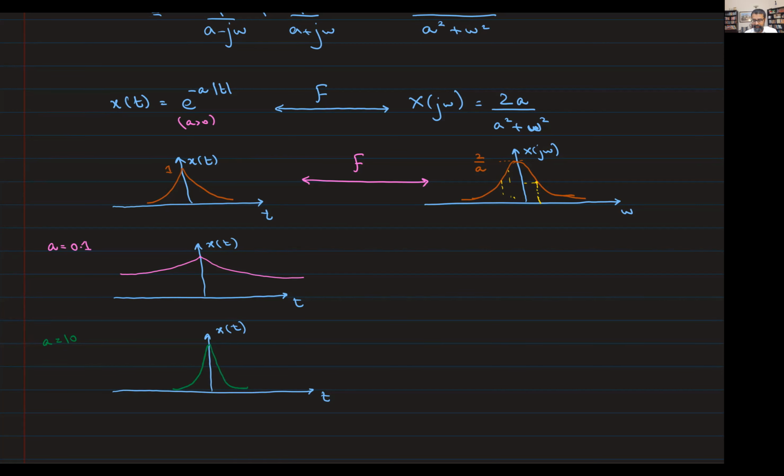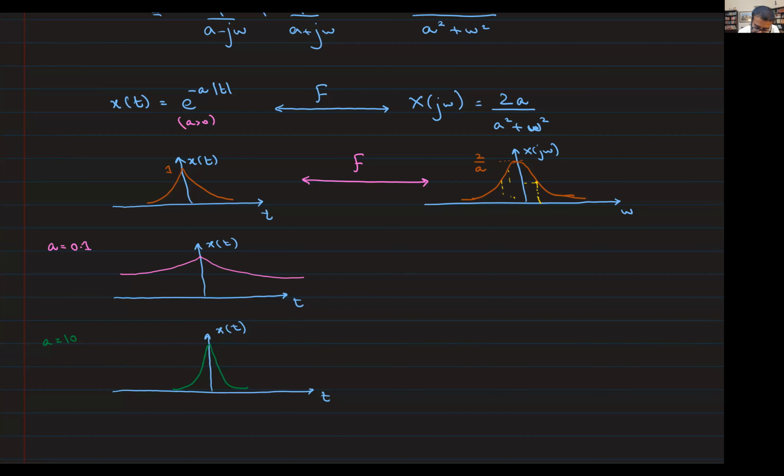Now, what can you say about the two signals? Is the signal corresponding to A equals 0.1 smoother, or the signal corresponding to A equals 10 smoother? Right, 0.1 is much, much smoother. A equals 10 has a much sharper decay, starts at 1 and very quickly decays down to 0. So there's a very steep transition, as opposed to A equals 0.1, where there's a very slow transition from up above all the way down to 0. Okay?